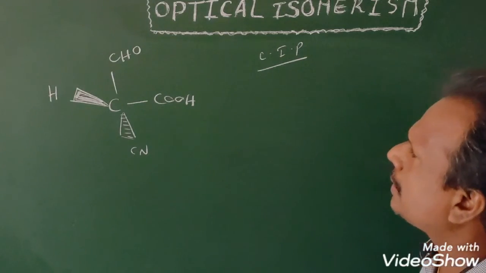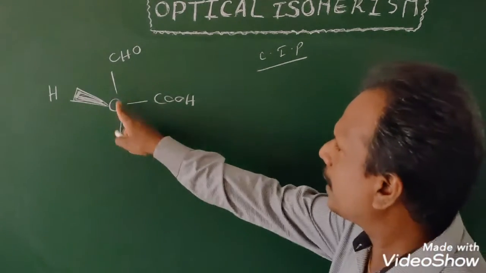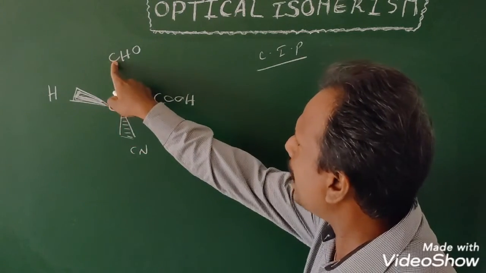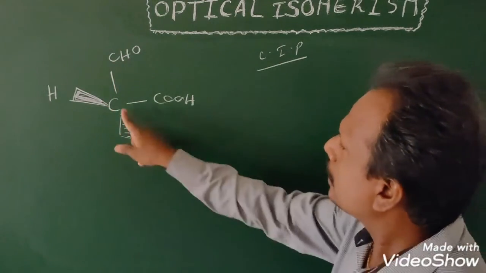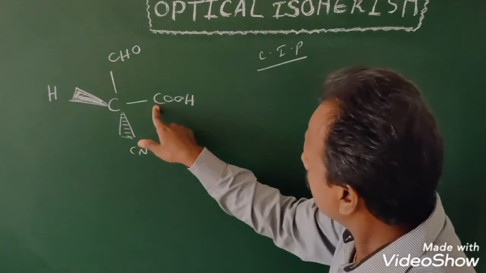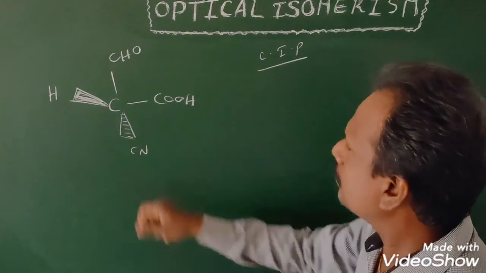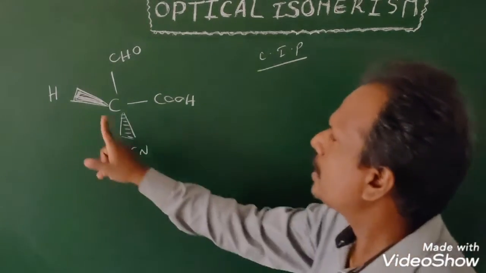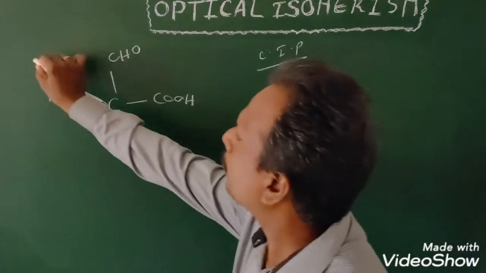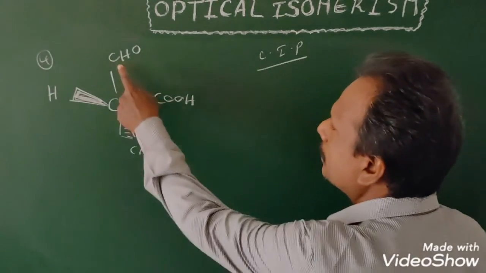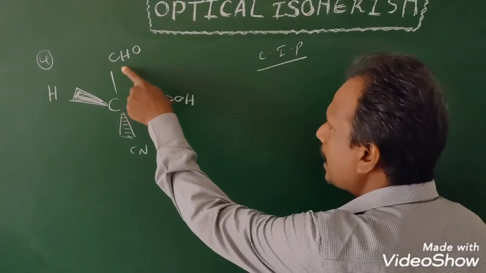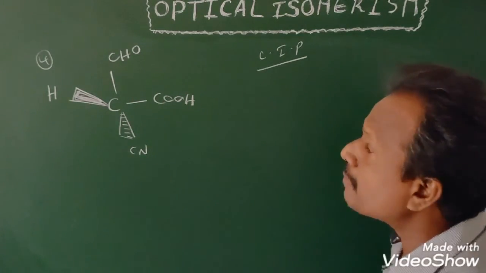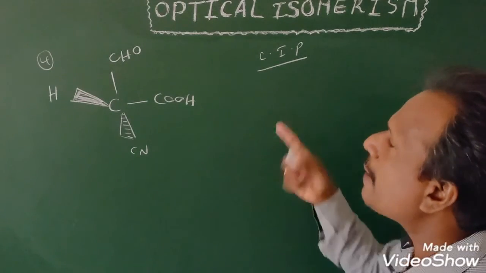Simple rules. Here the chiral carbon is linked to the carbon atom of this functional group. In this group, the chiral carbon is also linked to carbon. In this group, it is linked to the carbon of the functional group. Here H, the fourth group, which is 4. Here the linked atom is carbon, in this group also carbon, in this group also carbon. Then the atom is the same, so then its hybridization decides the priority.